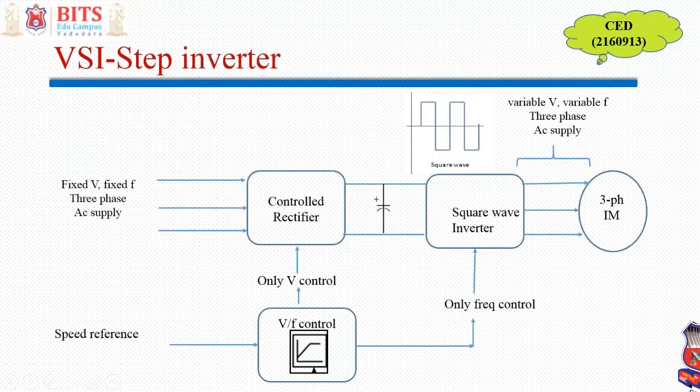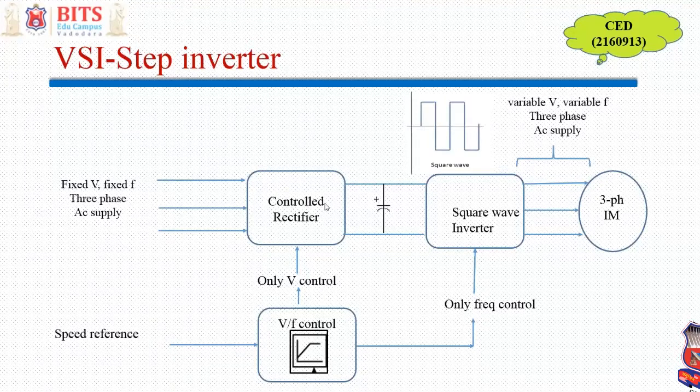So this was the option in which, for the step inverter, you require a controlled rectifier to change the magnitude of the output waveform over here, which will be a square wave, of course, not a pure sine wave. But as per Fourier series analysis, any periodic waveform has a fundamental sine wave plus its harmonics. So the main fundamental harmonic will be predominant, which we will be using over here, right?